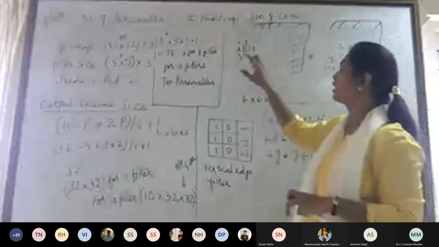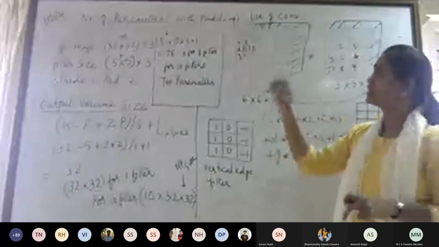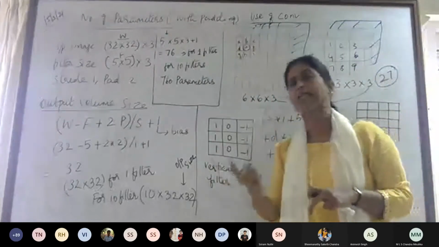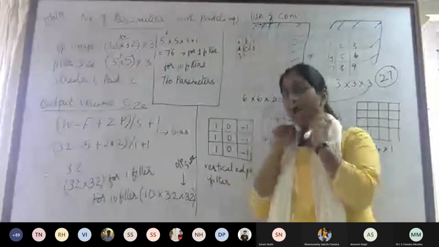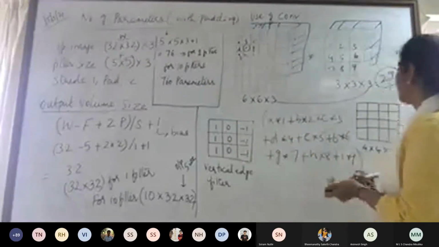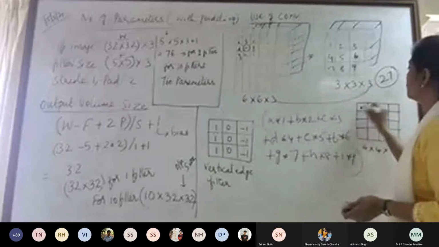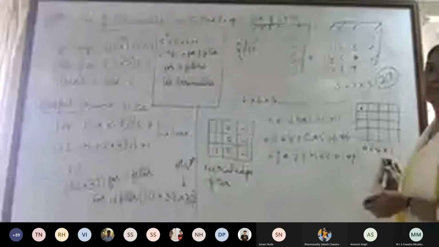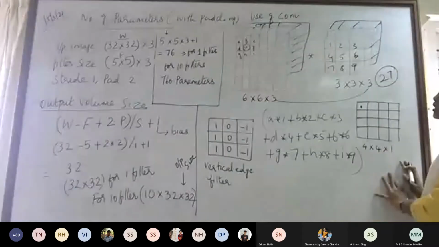So now what you will get is, you will have 3 elements for 1 pixel, red, green and blue. All of them are added. Remember, all of them are added and you will get a single value. That single value will be put here into an output array. This is my output image.